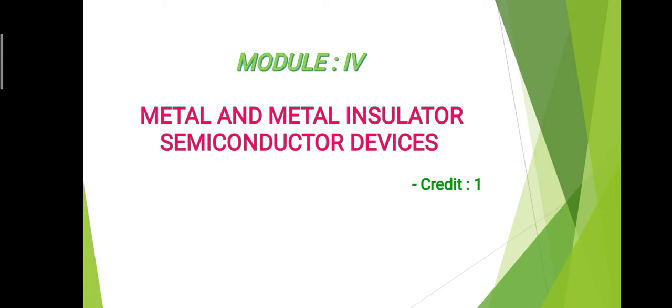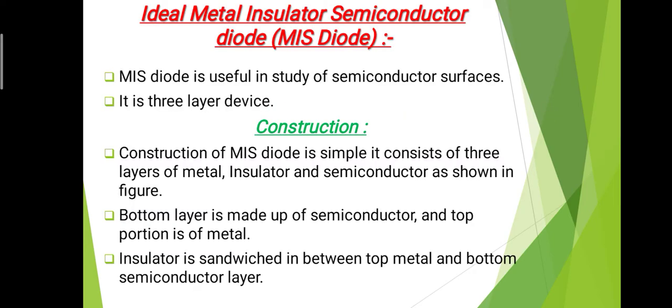In our previous video we have completed the impact diode. We have seen the structure of the impact diode, how it works, how there is a formation of the junction within an impact diode, and where it is used. Also we have discussed some applications and also advantages and disadvantages of the impact diode.